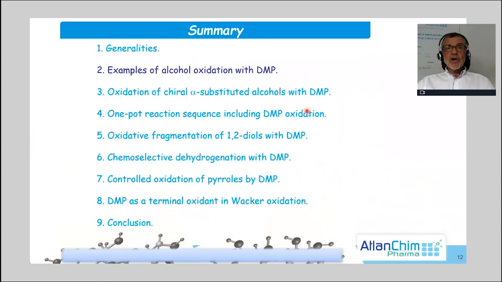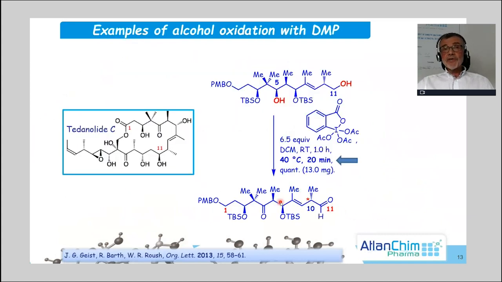So, in the context of total synthesis, we will now look at a couple of examples where the Dess-Martin periodinane was used to oxidize alcohols, other methods and reagents having failed. For example, in the final step of an enantioselective synthesis of the C1-C11 fragment of this macrolide, oxidation of